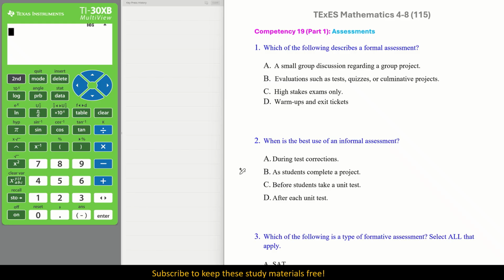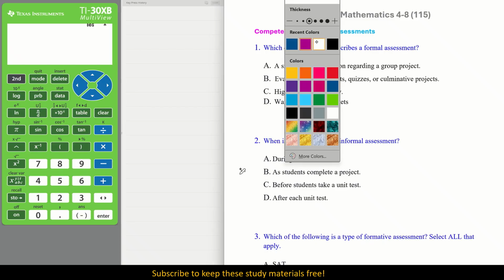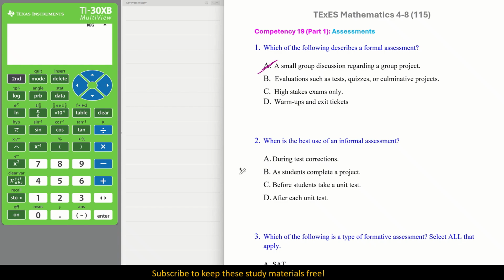Number 1, which of the following describes a formal assessment? Okay, do not confuse this with formative, all right? All right, so a small group discussion. The fact that it's a discussion makes it informal, and that would not be formal, so let's mark that out. Okay, all right, there we go. All right, B,